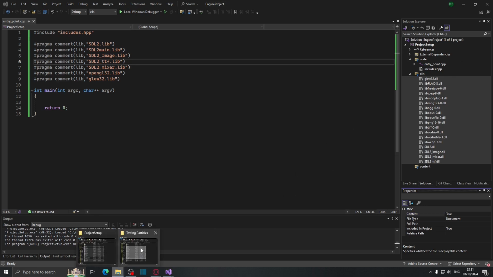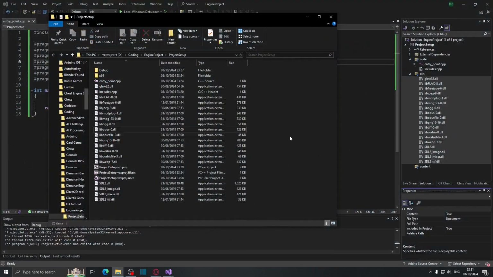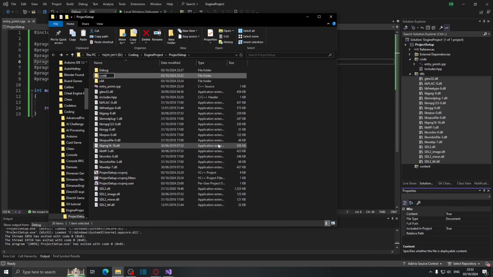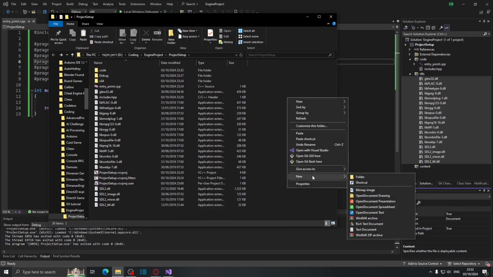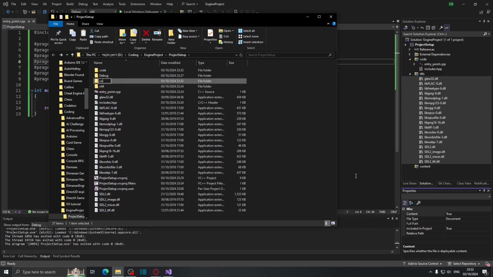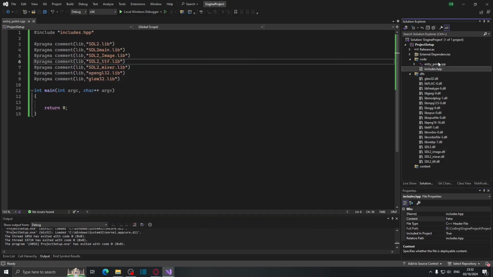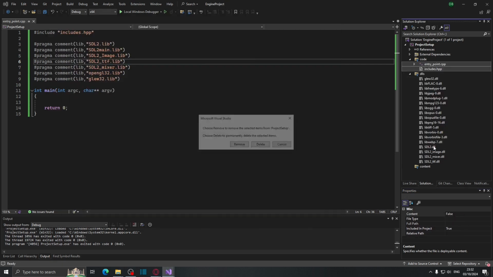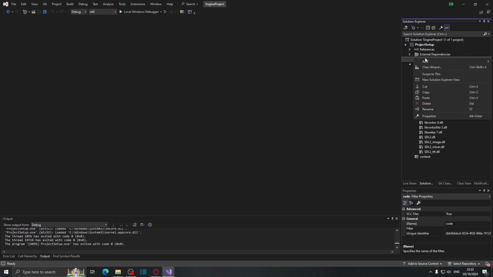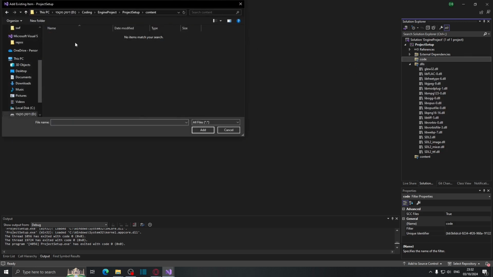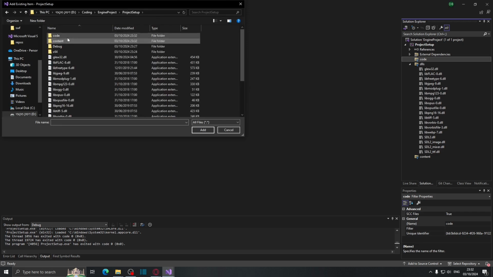So another thing that we would do is we would make a new folder code, new folder content, and our entry points and include are going to be in code. This means that those should be removed. Add existing items, content, no, code,